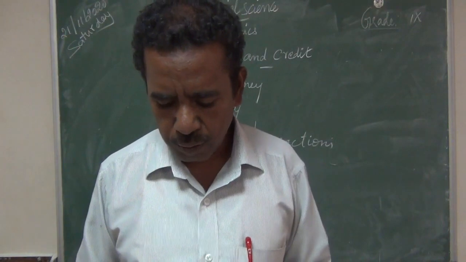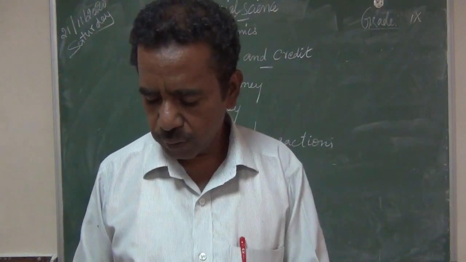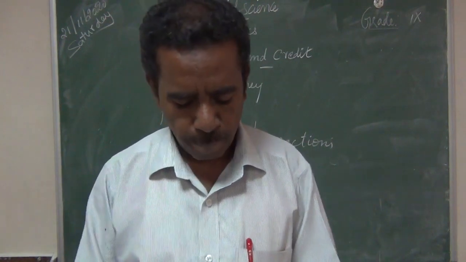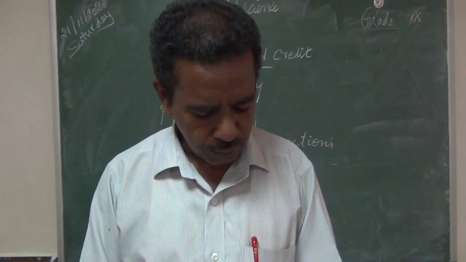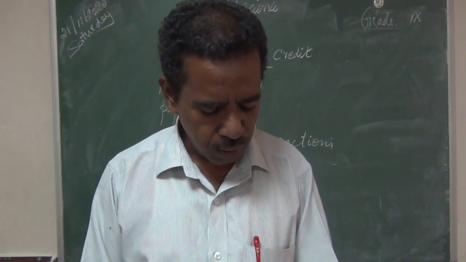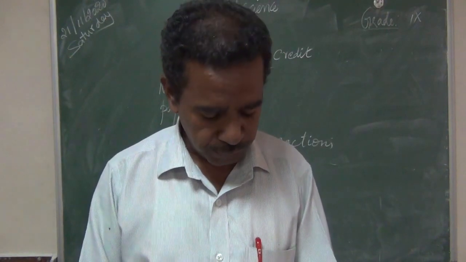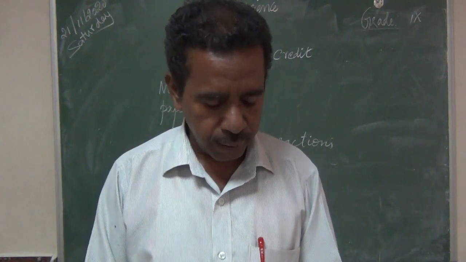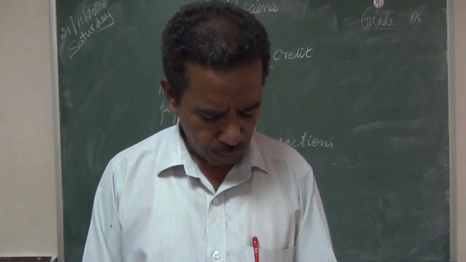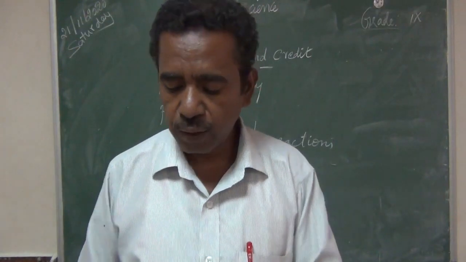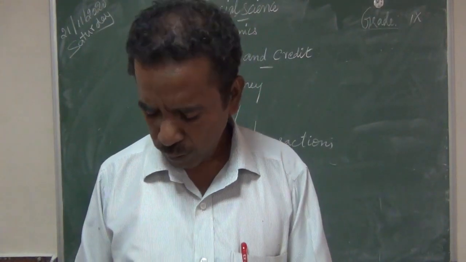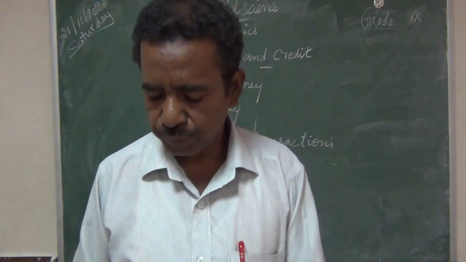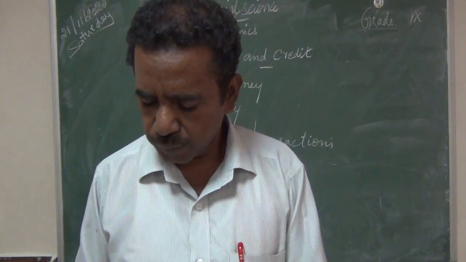Okay, now we mark some questions from these topics. First, the 2 mark questions: already we have marked 1, 2 and 3. Then the 4th one we'll see a little later. Now the 5th one, what is natural money? Page number 301. There is a heading about natural money. That is to be marked.